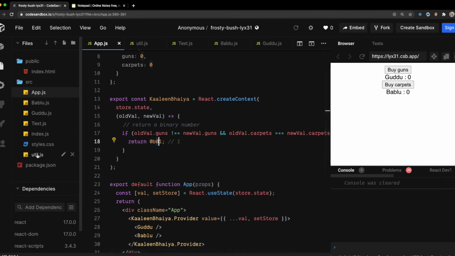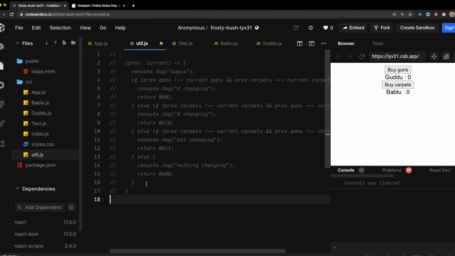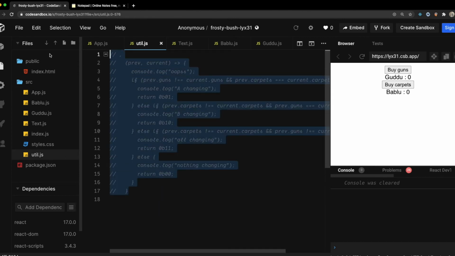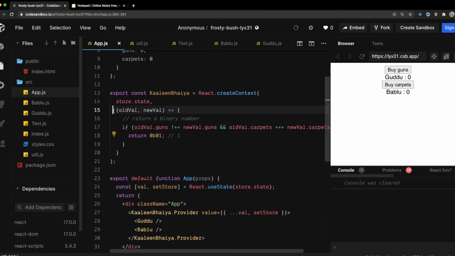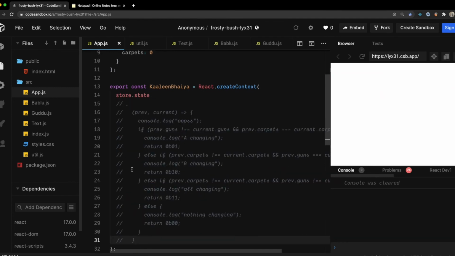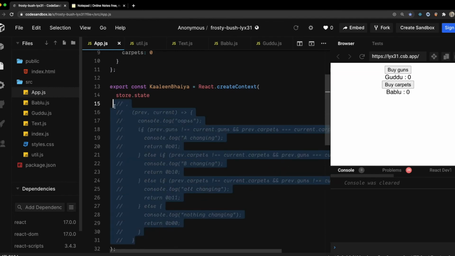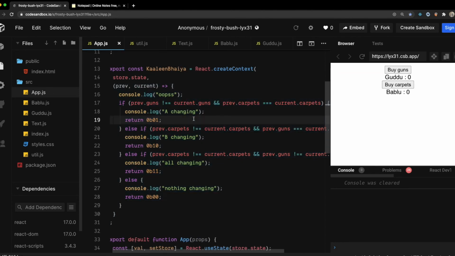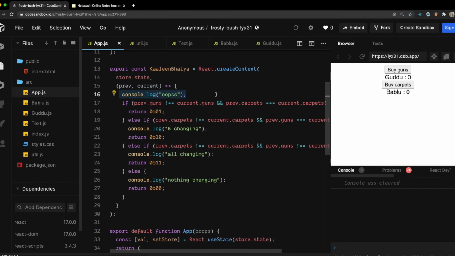I have already written this whole thing so that I don't have to rewrite it. I have this second param over here, and I'm just going to uncomment all of this and remove all the console logs.